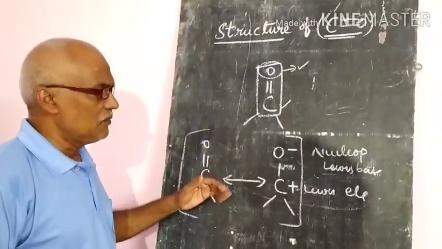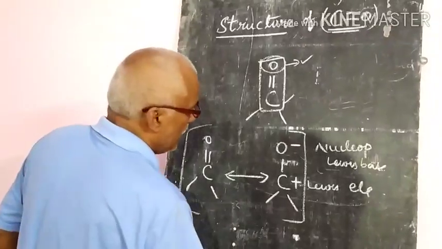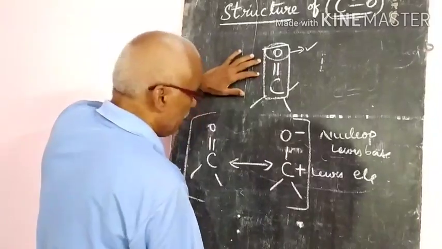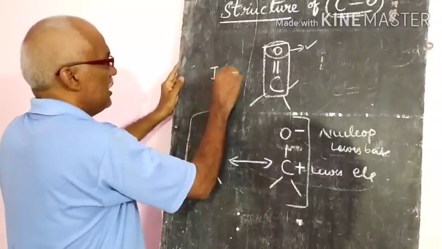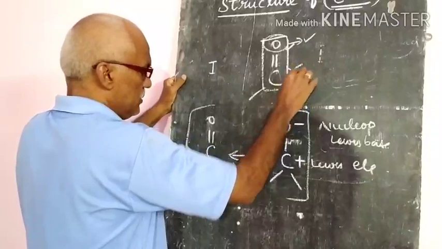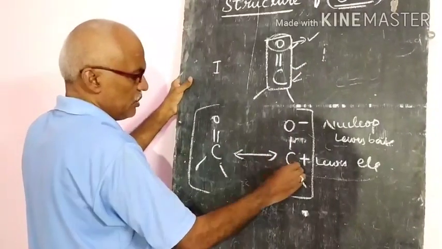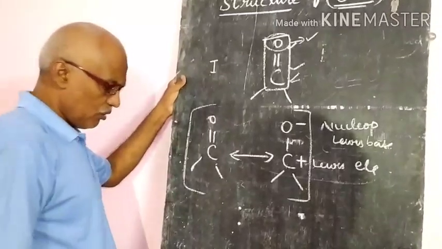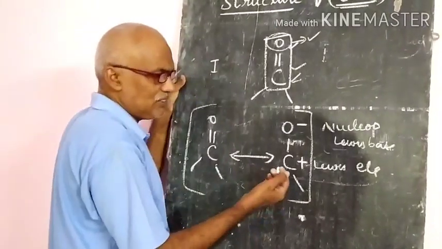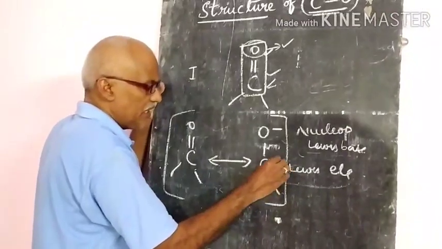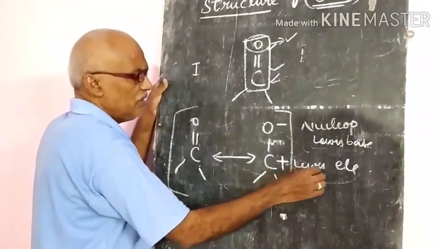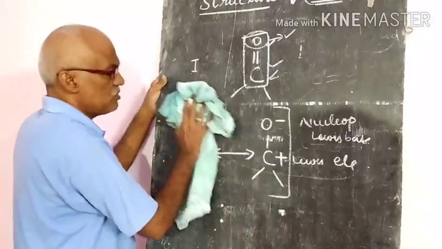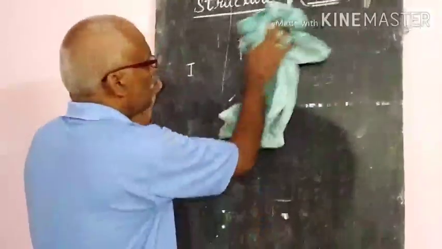Now let us see the preparation of aldehydes and ketones. So this is the structure. In the structure 2 parts are there. One part discusses the hybridization and number of bonds, and the second part shows the polarity: which is the Lewis acid or Lewis base, which is acting like an electrophile, which is acting like a nucleophile. The carbocation will act like an electrophile and Lewis acid, and the oxygen will act like a Lewis base. So this is the most important part in the carbonyl compounds.